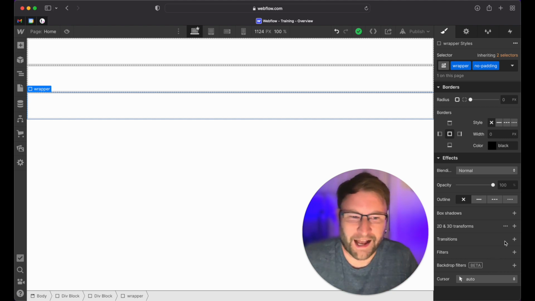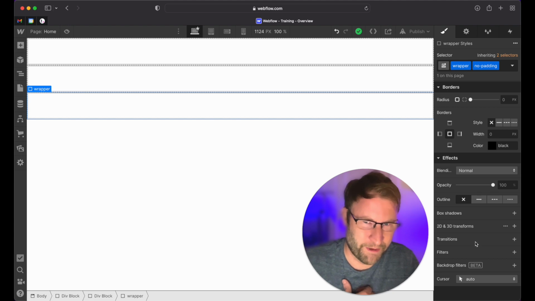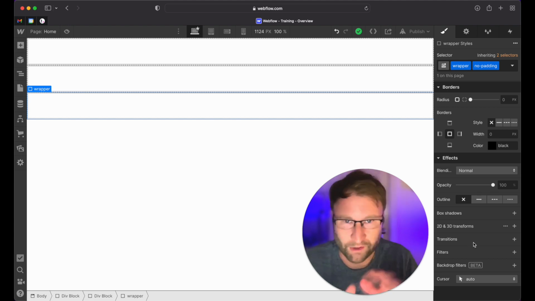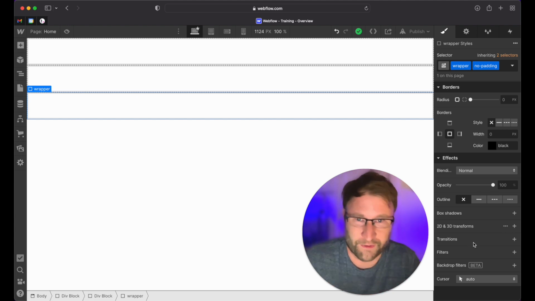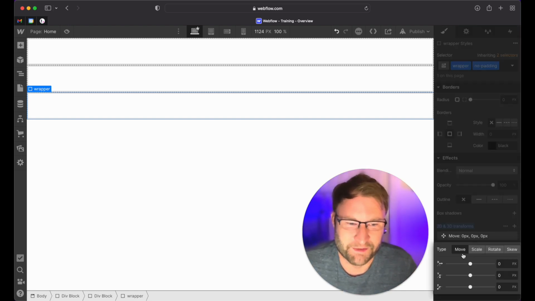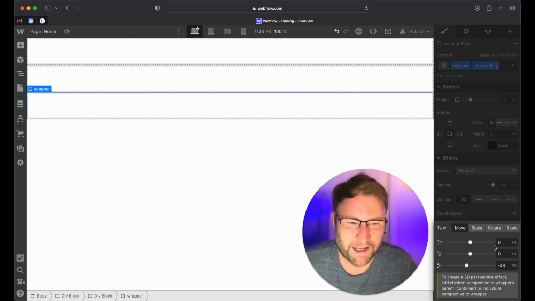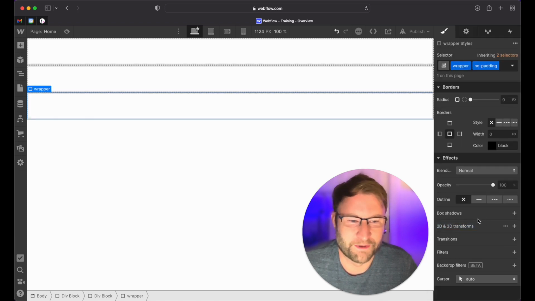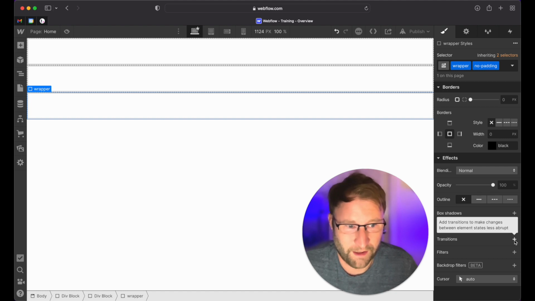A couple other things I know that it was hard for me to do, just typing in and looking at the visual editor, is doing 3D transforms, especially when you've got the perspective really dialed in and this thing's all warping around and you're going back and forth and back and forth. That is also in here, so I can very simply add and rotate elements and do the things I want to do with them. And even if that would maybe seem simple-ish, they have the built-in transitions as well, and these are the